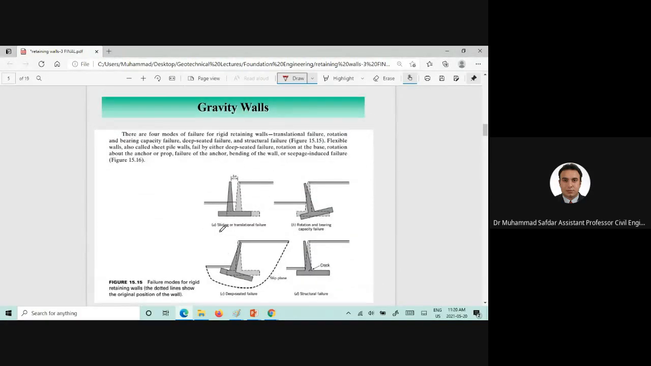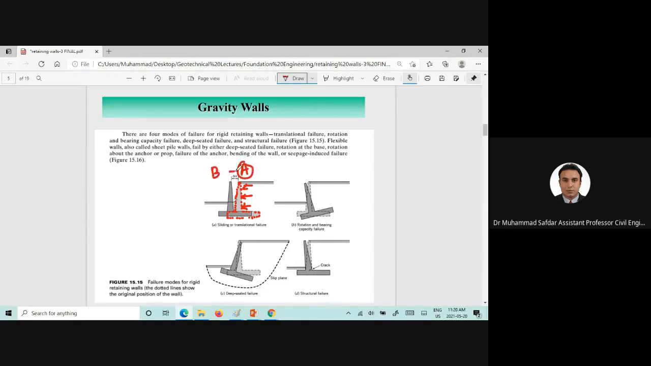Now this slide shows various failure modes for the rigid retaining walls. The dotted line shows the initial position of the retaining wall, and lateral pressures are applied from the right side, and this will move the retaining wall from point A till point